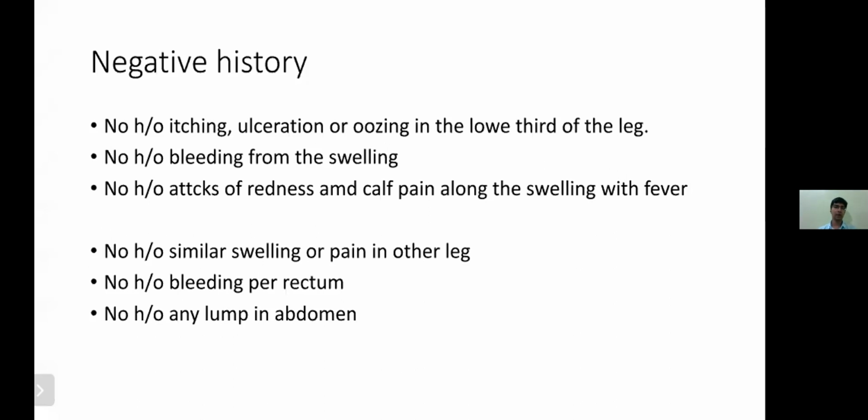So why have you mentioned no bleeding per rectum and no lump in the abdomen? In Bhatta it was given that if hemorrhoids or any obstruction is there, straining might lead to varicose veins. A long-standing condition with straining can be associated with bleeding per rectum, so bleeding per rectum is to rule out hemorrhoids. But why a lump in the abdomen? Because of any abdominal tumor that may obstruct the venous drainage of the lower limb. So what do you classically know is the thing that blocks the vein, which tumor or which condition?